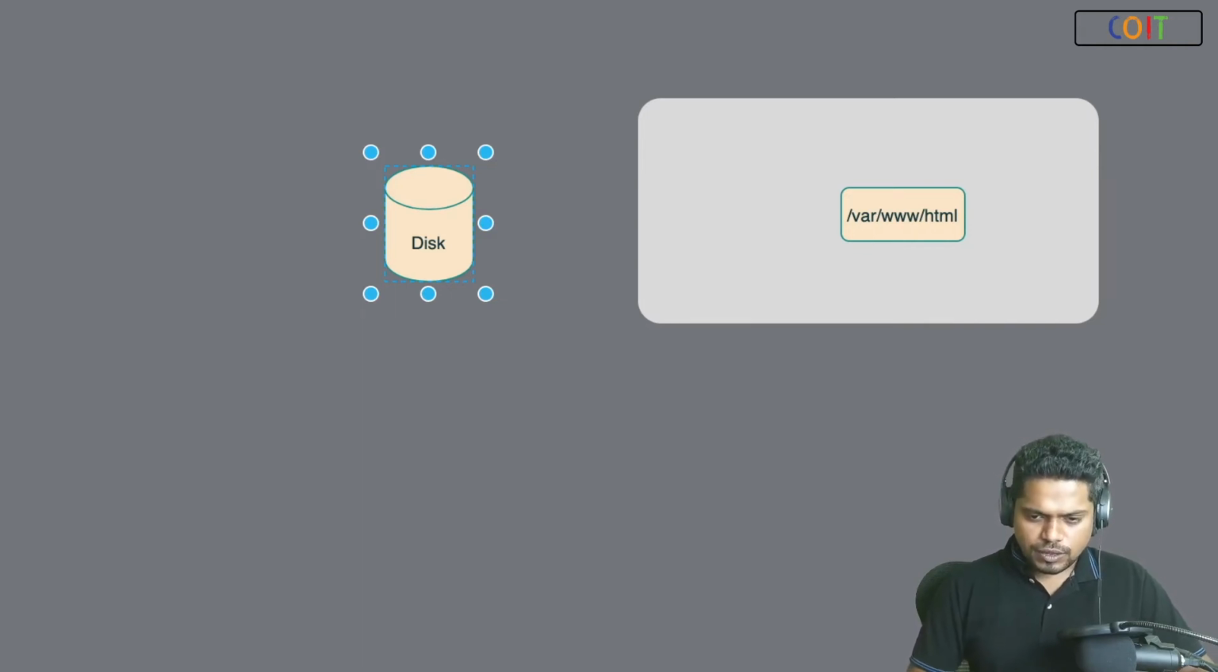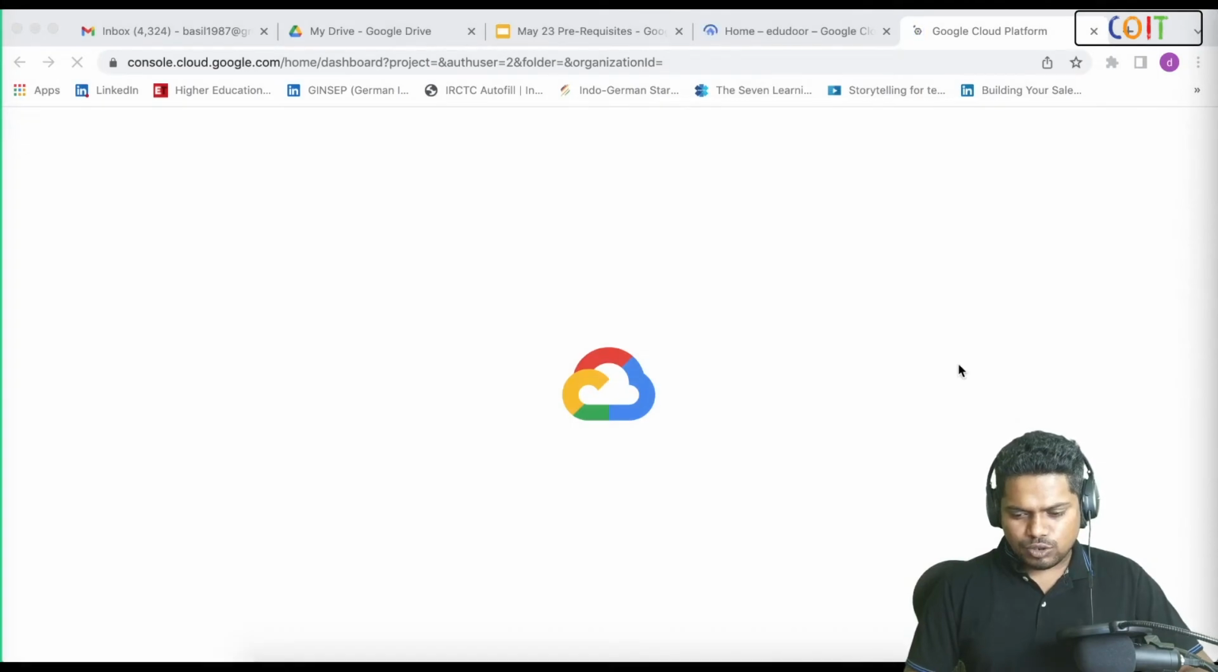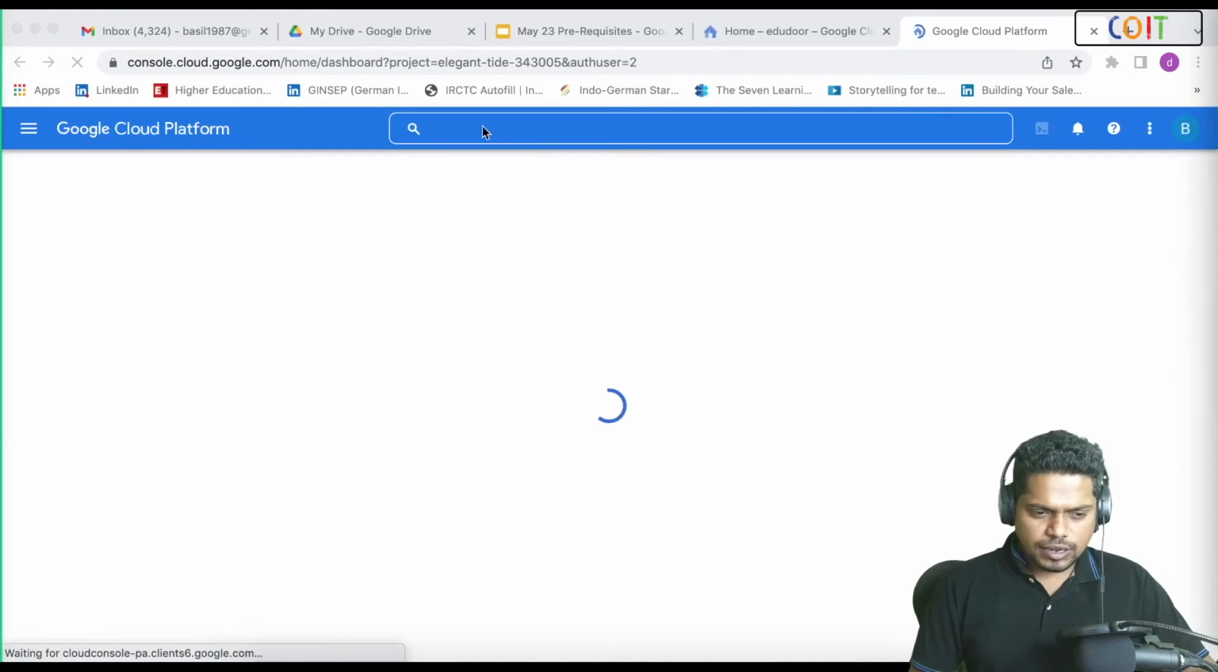I can create a disk, and then I can attach the disk to a virtual machine that I create in the Google Cloud. But I'm not creating any disk or attaching. I just want to show you this, the possibility. So I'm going to log into my Google Cloud account, and then you can search for disk in the search box. You can search for disk,